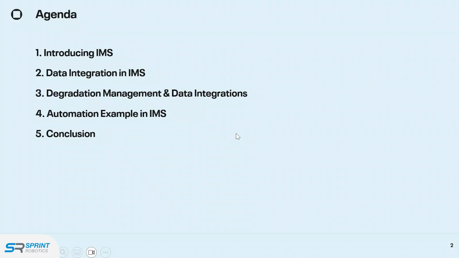Before going ahead, we're going to talk a bit about Cenosco and IMS, where we come from. I'm not sure if everybody is familiar with that, so I will take a few seconds to talk a little bit about the story, talk about data integration. What is that? How the integrations typically work. What is degradation management and how we can integrate that data? I'll give one example of that automation, how to collect data from sensors, robots, or any kind of new device. And what is the main takeaway from this?